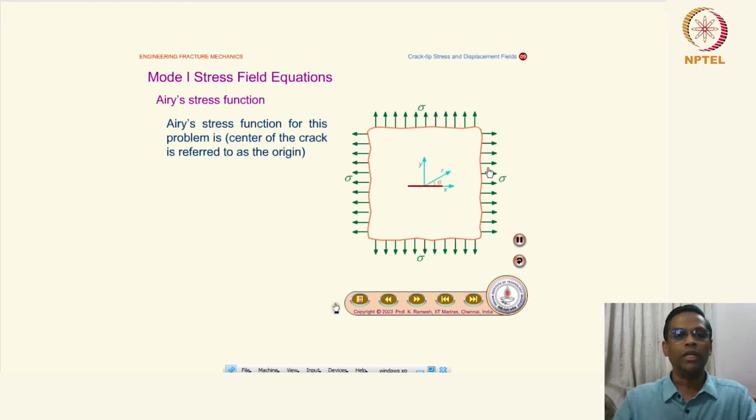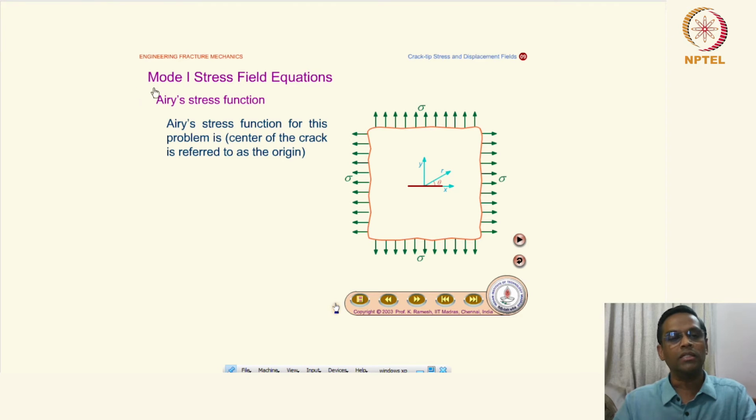So why are we seeing that particular Cauchy-Riemann condition? Because the Airy stress function has to obey a biharmonic equation, which you are going to see, and also has to obey this Cauchy-Riemann condition, because that is a necessary and sufficient condition to be considered an analytic function. That is how you should understand that.